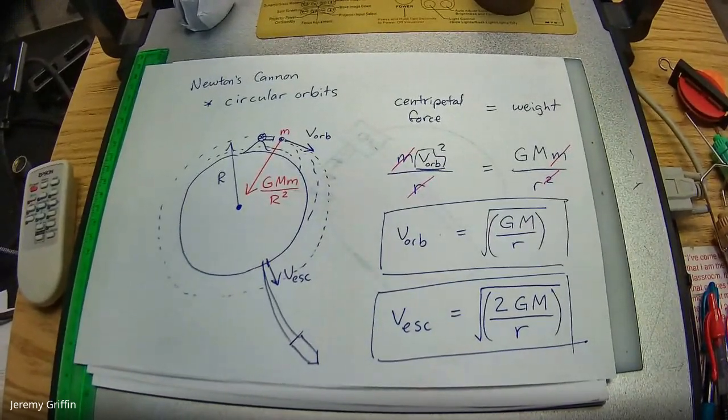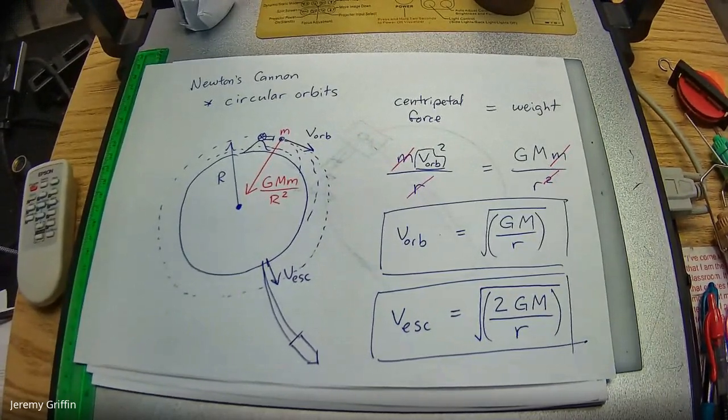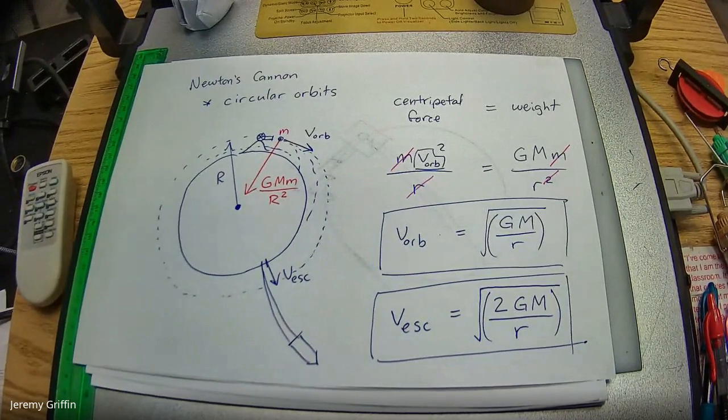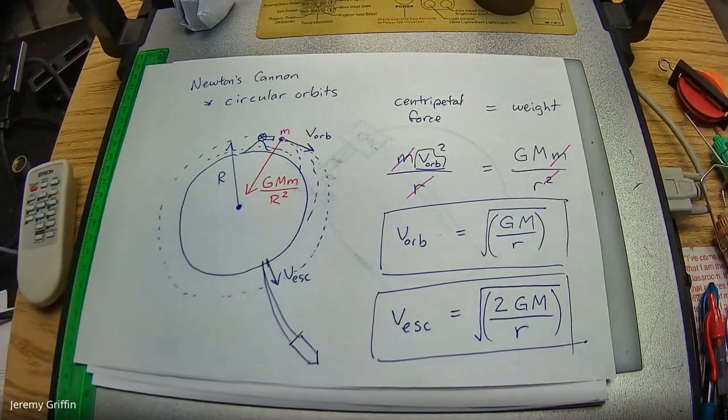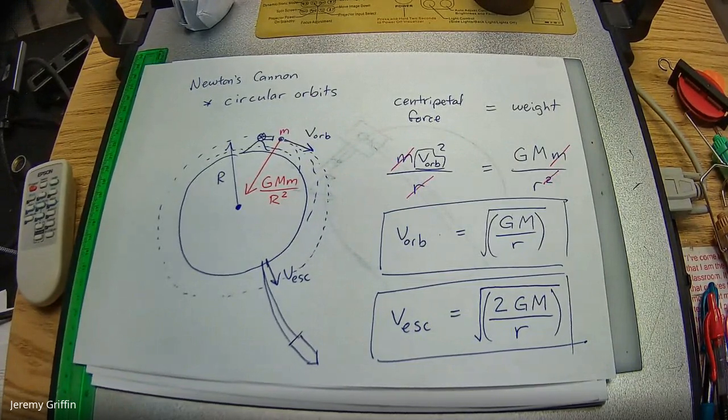Yeah, Eddie? I have two questions. One is, is that V-escape related to that car problem we did yesterday with the V-max of it about to drift off the road? Is that the same V-escape? I think it's no, that's a different type of idea. Okay, and the second question had to do with the International Space Station. Are they going at V-min for the orbit velocity? Is that why they're weightless? If they went any faster, like approaching escape velocity, would they actually feel weight in the inverse direction of Earth?